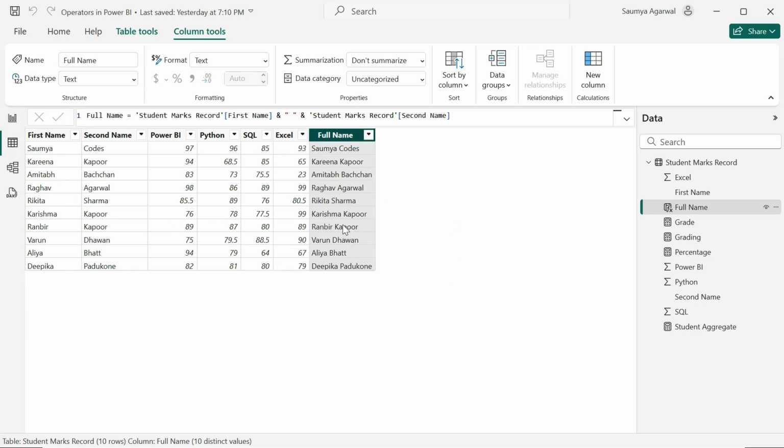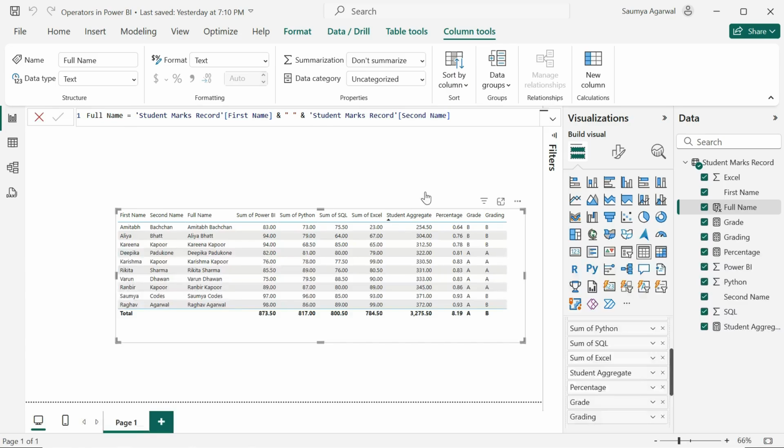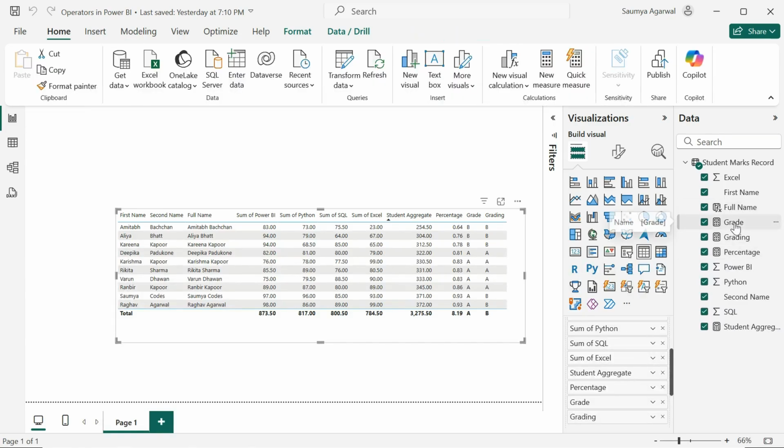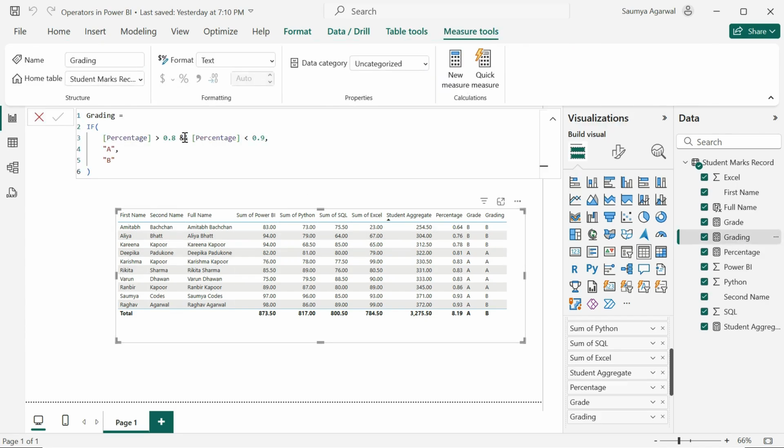And in this calculated column, we saw how concatenation of text values works, and we tried to concatenate three strings: the first name, the blank string, and the second name, right? Then we have more values. We saw arithmetic operators, we saw comparison operators, and also we have seen the logical operator, the and operator, that we use in the gates. So